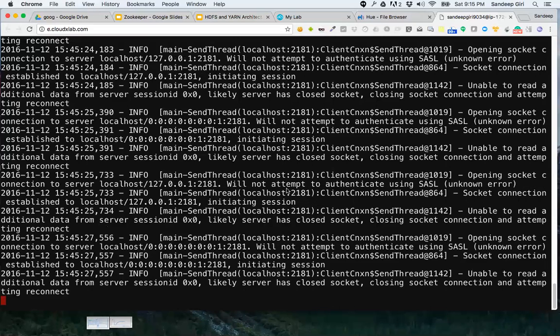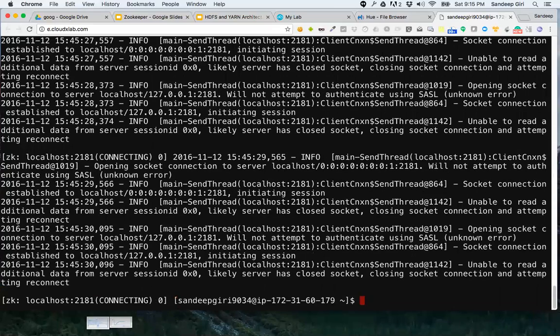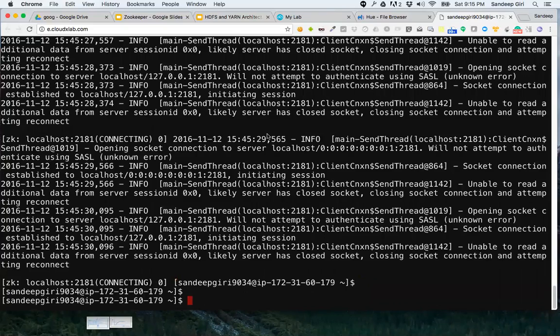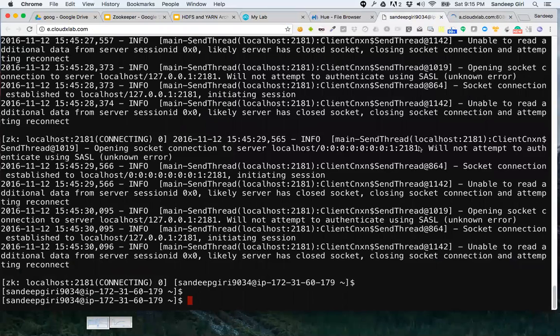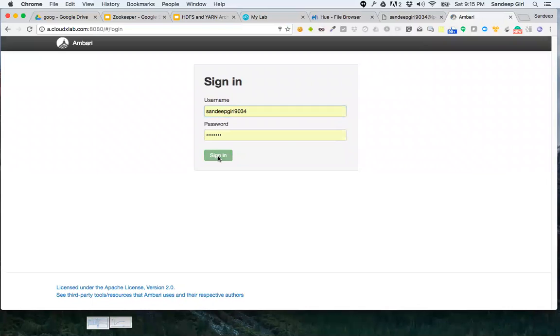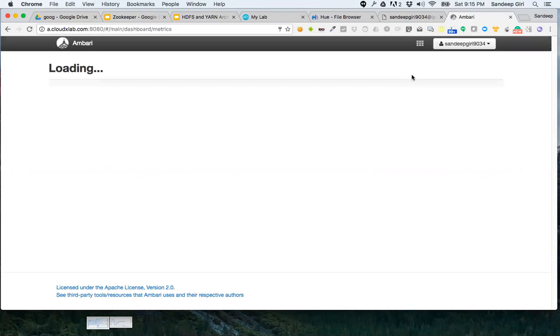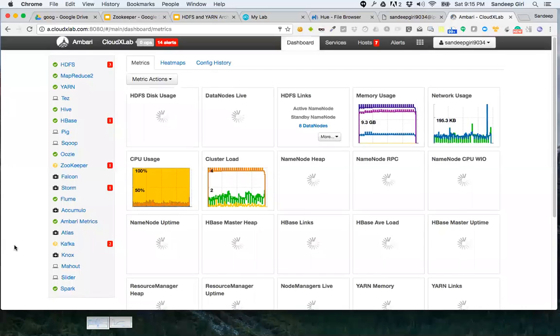Looks like there is something wrong with Zookeeper today. Did we shut down Zookeeper everywhere? Because we were restructuring the organization of Zookeeper.